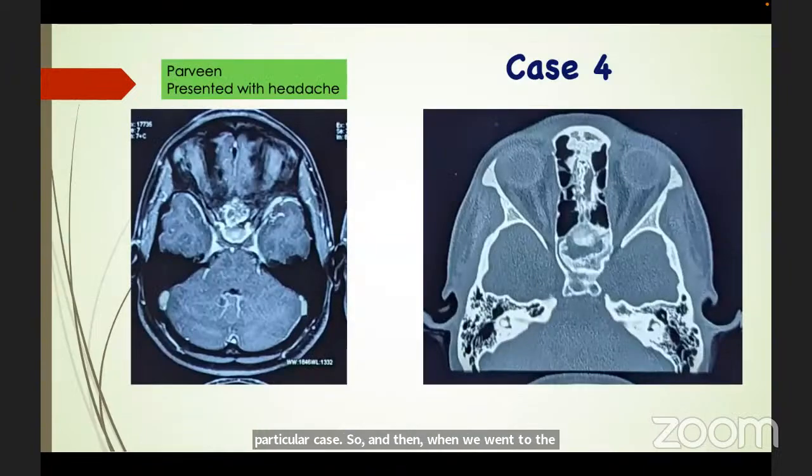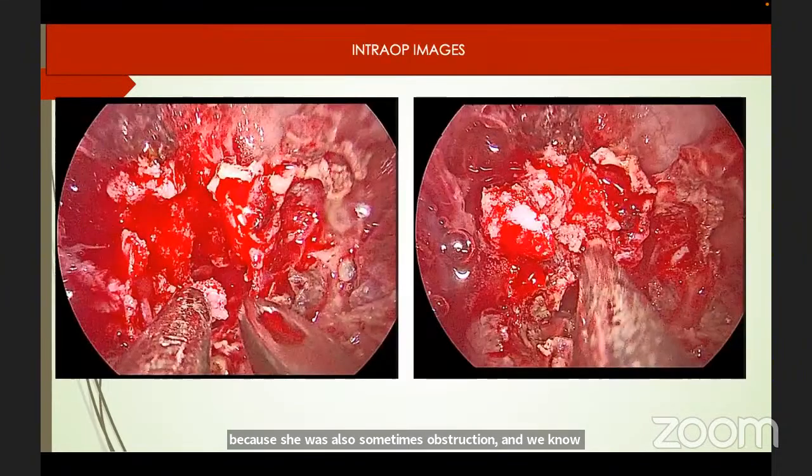So this is another case, very recent, this year only. She was an 18-year-old girl, and you can see this was sitting in the sphenoid sinus and the ethmoid bones. She just presented with headache, but because she was also sometimes complaining of nasal obstruction, and we know that this might have stabilized at 18 years of age, we went ahead. We needed to go transnasal transsphenoidal approach, what you do for pituitary,